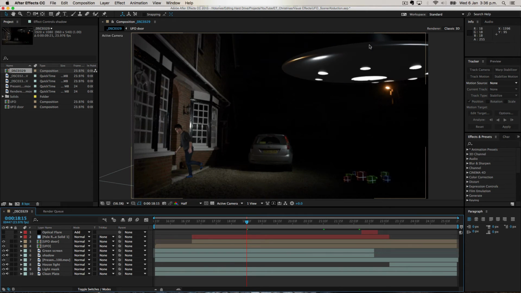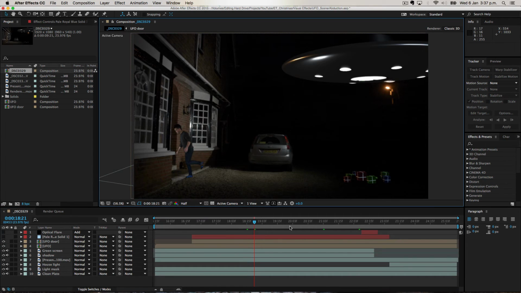I textured it to be really reflective, and then I put some lights in Blender to light it as similarly as possible to the street lights. So you've got an orange reflection here, which I would imagine would be coming off this. I wasn't quite sure where to put the lights. I wanted to keep it as dark as possible so that the UFO didn't look like it was not